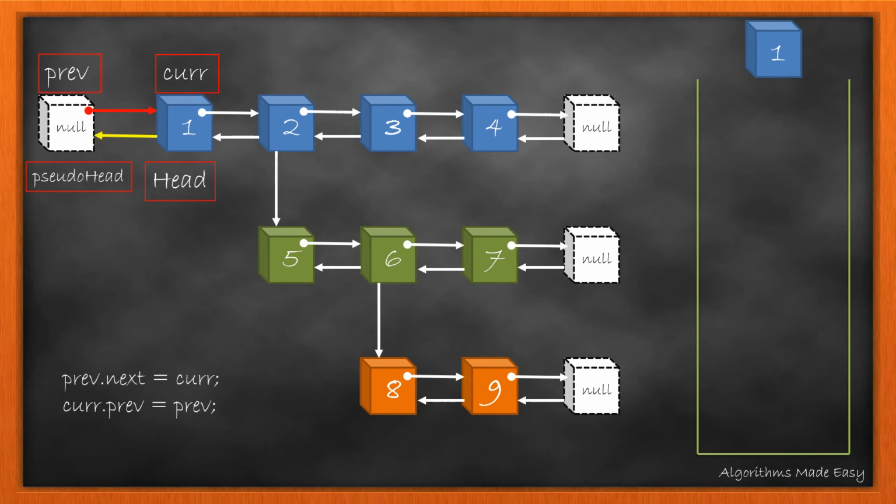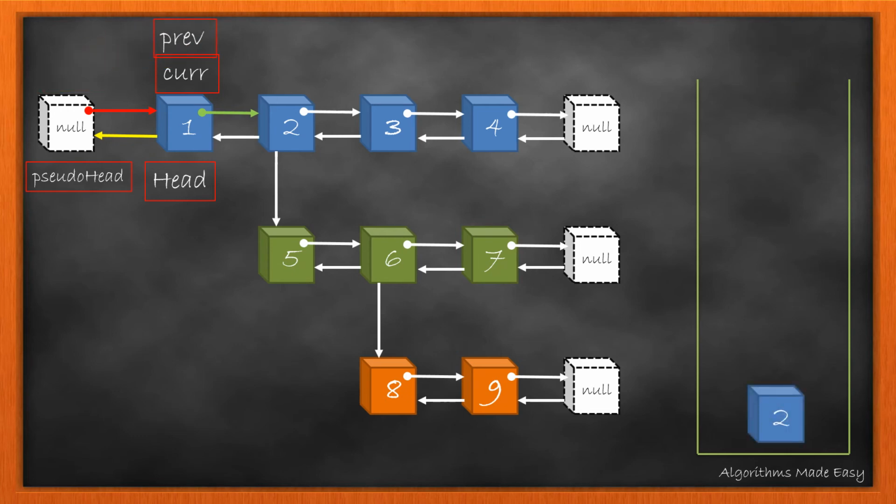Now we pop 1 from the stack and let current point to 1. We now update the link between current and previous as shown. If the next node is present for the current, we push it into the stack. At the end we update previous to current. As the stack is not empty, we pop 2 from it and now current points to 2. We push the next node 3 into the stack. As it also has a child node, we push that into the stack as well. And then we remove the child link of 2. Previous is updated to current.